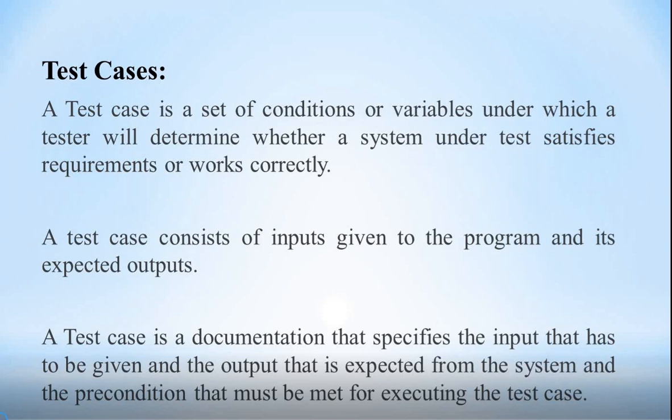Means, as per the given input, we get the actual output of that particular test. Then we compare the observed output with the expected output. Means we should compare our actual output with our required output. If actual output and required output are the same, there is no difference between them, then our test is a successful test. If the actual output and required output mismatch, then our test case result is unsuccessful, means the status will be failed.